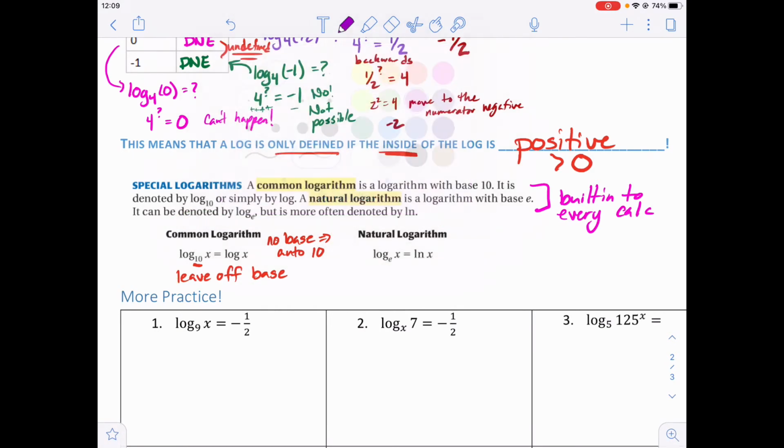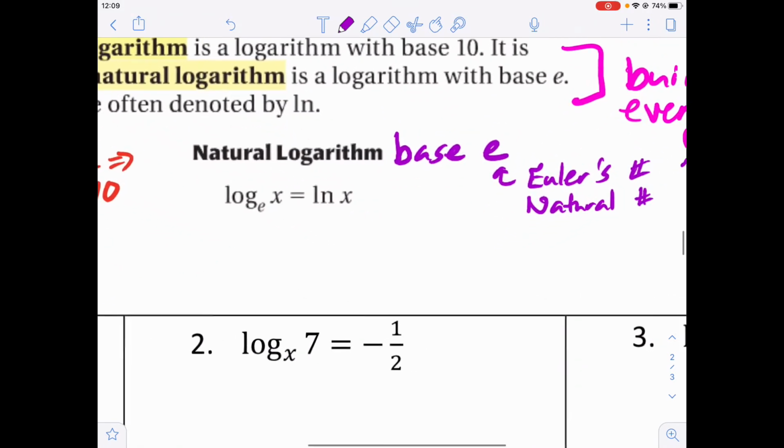Natural log is base e. That's because e, or Euler's number, which is approximately 2.71828182824 something, is also called a natural number. If you remember when we talked about this, I said that it comes up in a lot of natural scenarios. That's sort of where it gets its name from. And so base e is